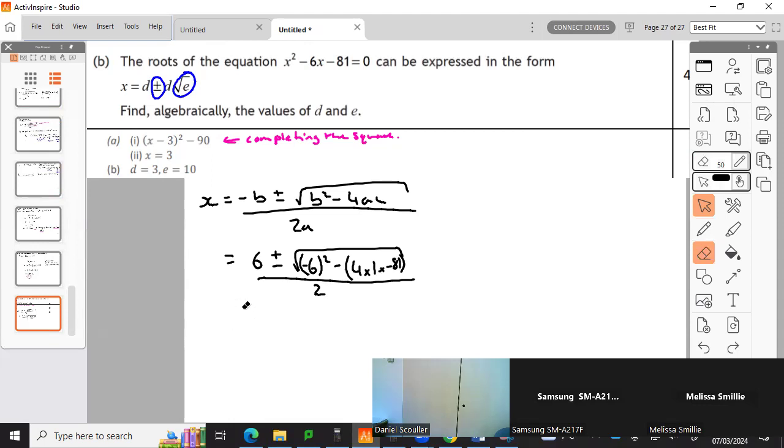That's quite a lot to this question. Let's simplify the root as well. There you go. Plus or minus, so that's root 36 minus